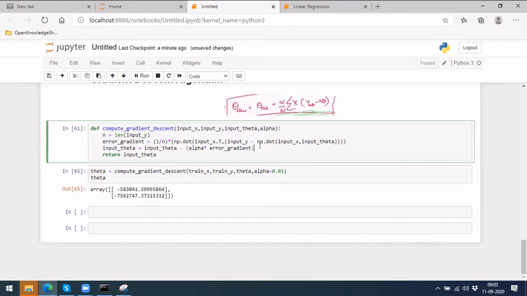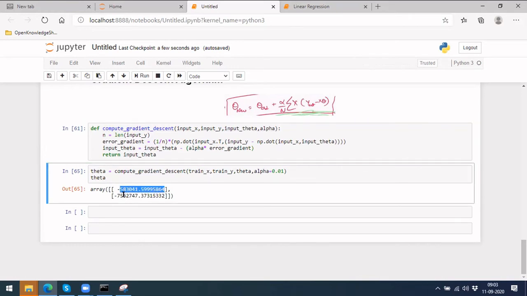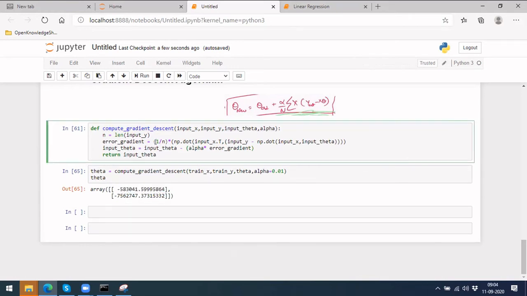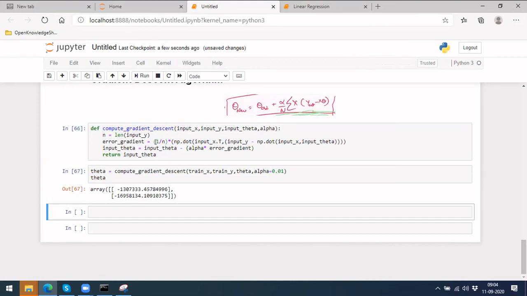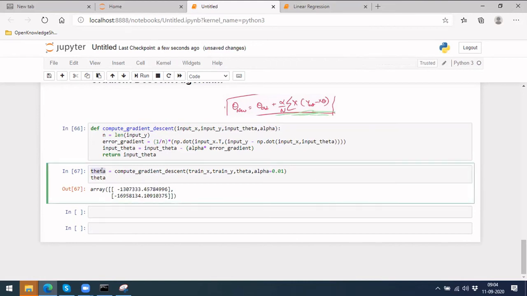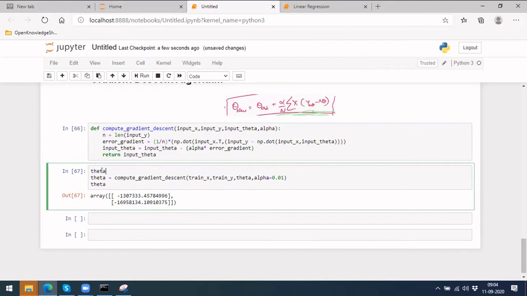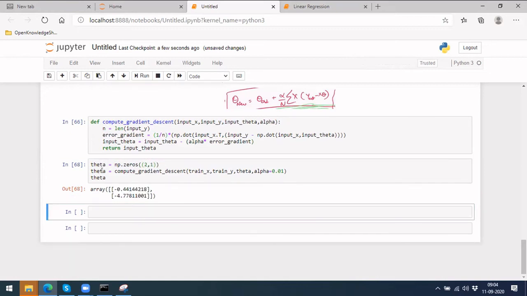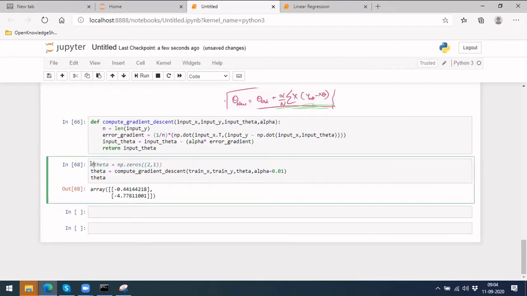This is one more reason why a smaller learning rate is required, because if you see this theta, it is increasing so much. Now it is already very bad. So let me initialize it back to np dot zeros of 2 comma 1. Okay, so it has come back to a normal value.